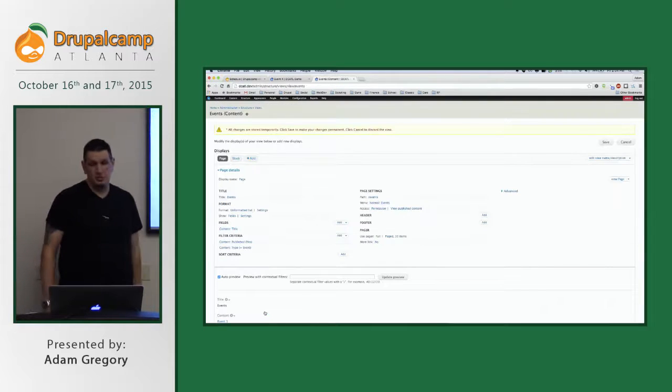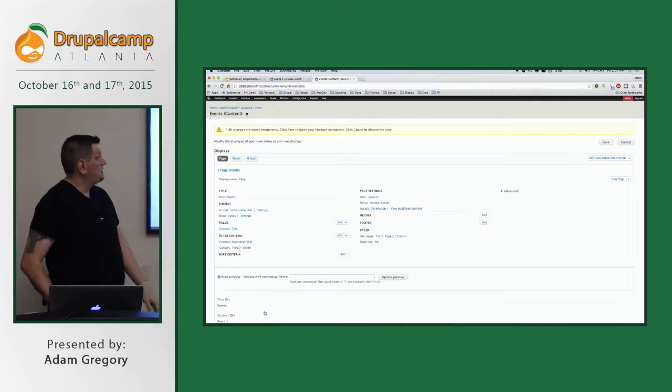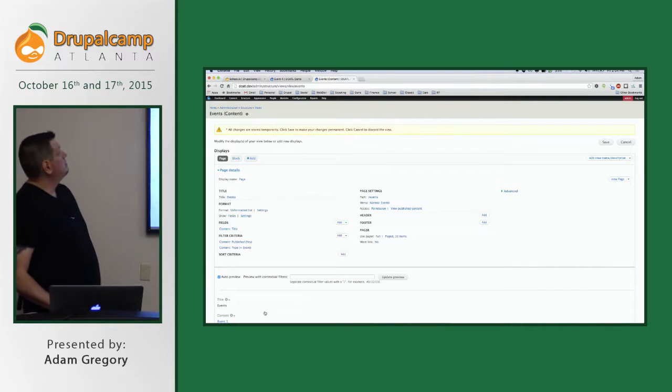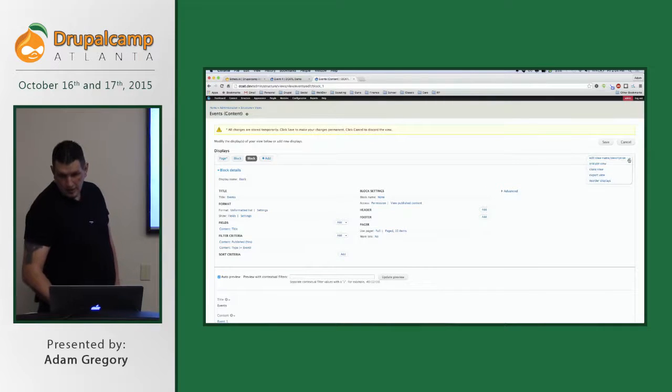So then we're going to continue to edit. So this is the main views screen. You're going to see up at the top, we've got the different displays that we already set up. We set up a page. We set up a block. And we could add more if we wanted to. We could add another block. We could add, I didn't actually mean to click that. We could add another,